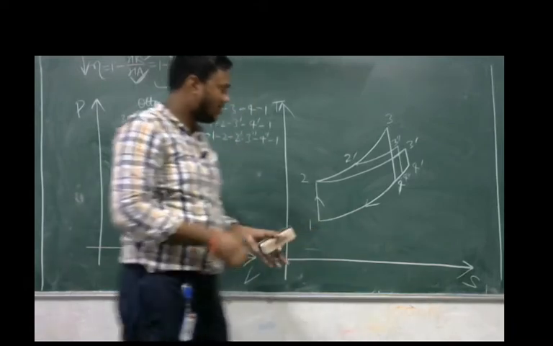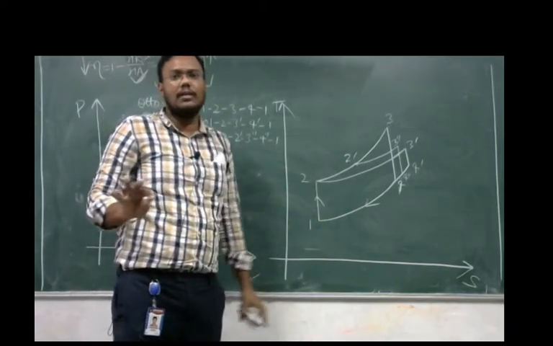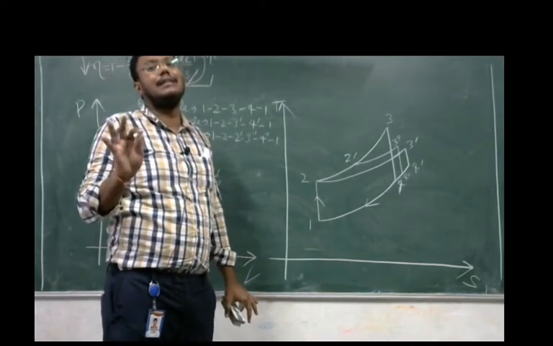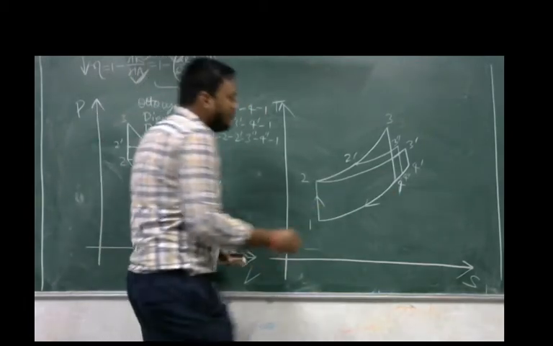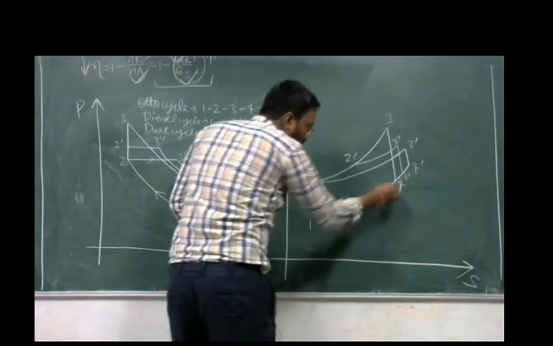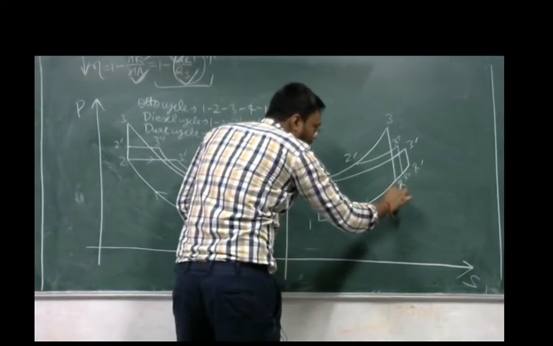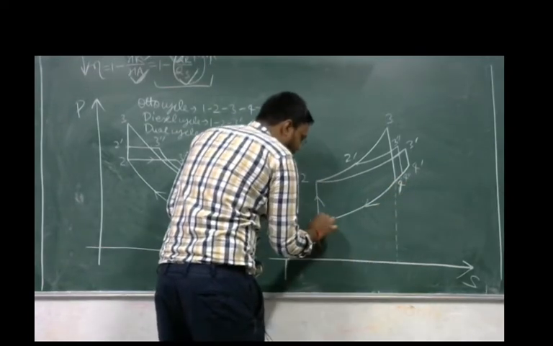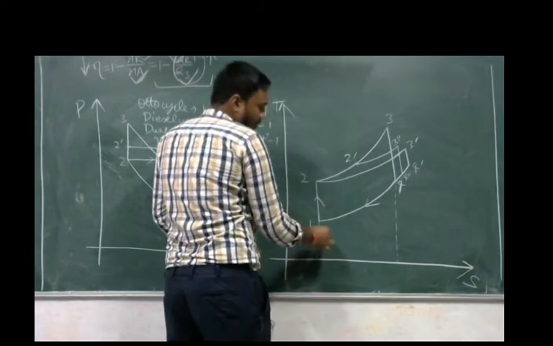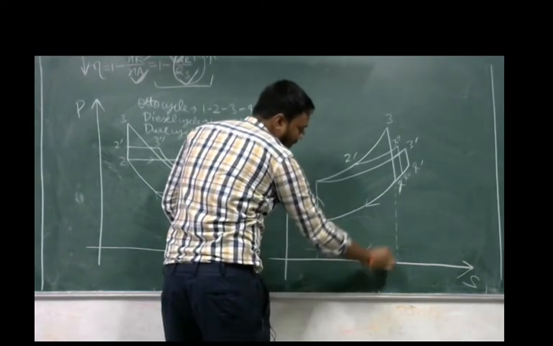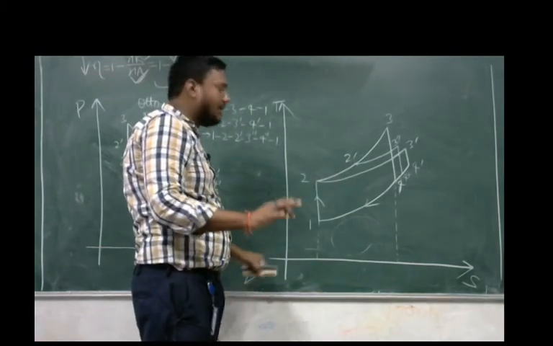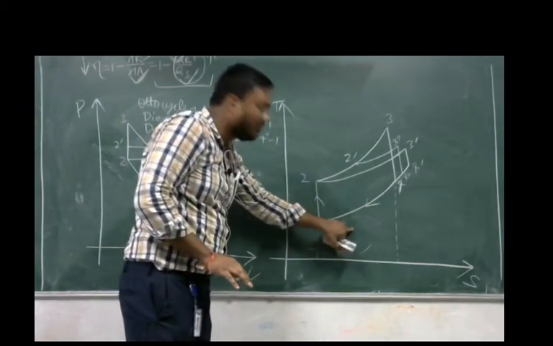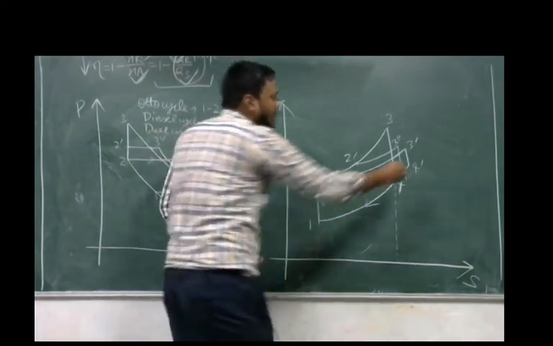So just see this curve and analyze the heat rejection. As I said, the area below the curves gives heat rejection, so just see the area below the curve. For the Otto cycle, we need to see the area below 4 to 1. This is the area below 4 to 1. We can easily see the area below 4 to 1 is minimum, because 4 dash is here.